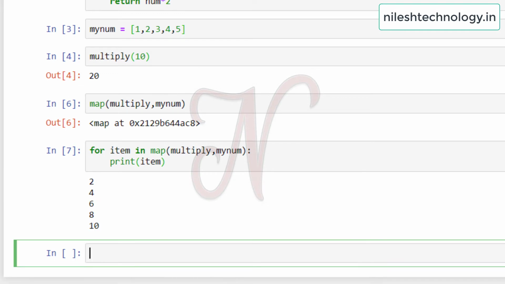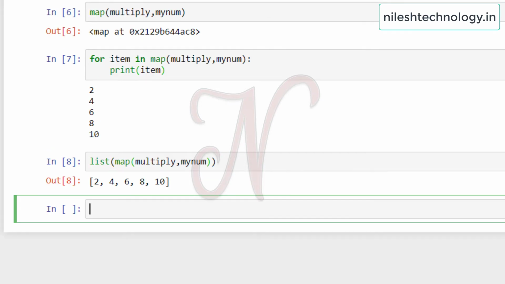So this is your answer: 2 4 6 8 10. You can also use it this way: list, and this is your map function, passing the two parameters, multiply and my num. So this is your output.